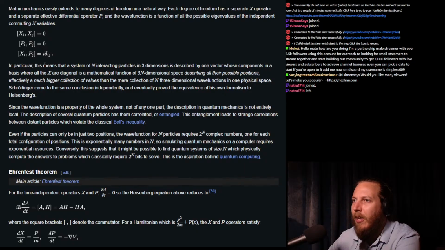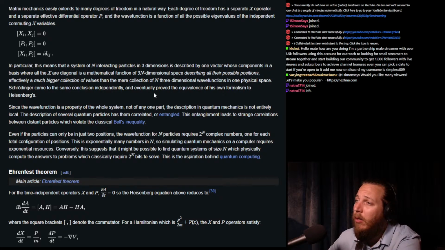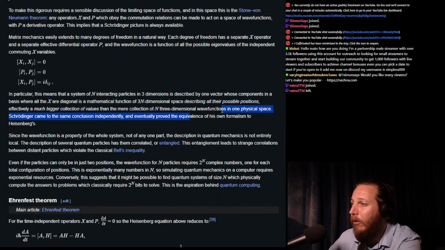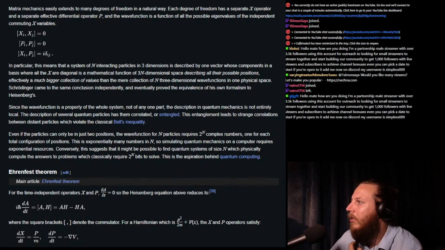In three dimensions, in particular, this means that a system of n interacting particles in 3 dimensions is described by one vector whose components in a basis where all the x are diagonal is a mathematical function of 3n-dimensional space describing all their possible positions. Oh, effectively a much bigger collection of values than the mere collection of n 3-dimensional wave functions in one physical space. Schrödinger came to the same conclusion independently and eventually proved the equivalence of his own formalism to Heisenberg's. Great. Since the wave function is a property of the whole system, not of any one part, the